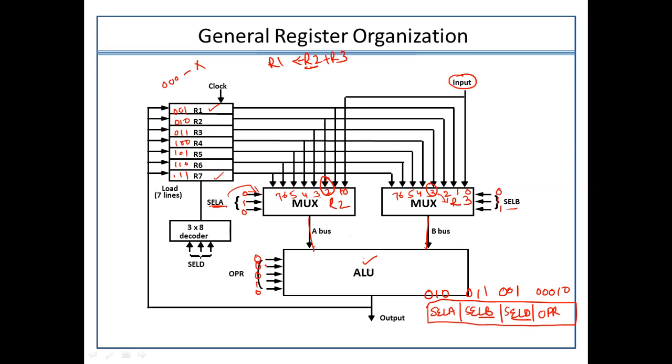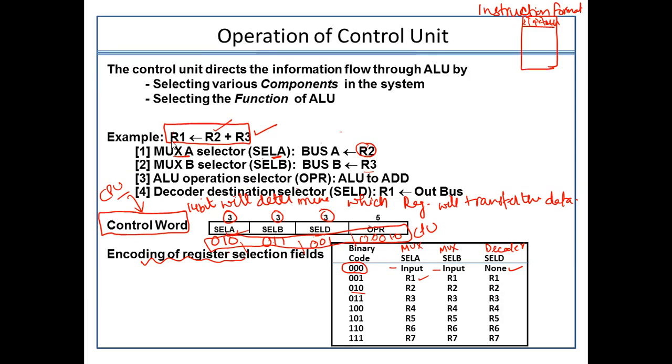Now, the arithmetic logic unit will also determine its encoding value, so it will start performing the addition. Then this 3 cross 8 decoder will have the values 0, 0, 1, so definitely it will only make this value equal to 1, and the rest all equal to 0. So this will be available for storing the data. I hope that with this you have understood the entire idea of the general register organization.